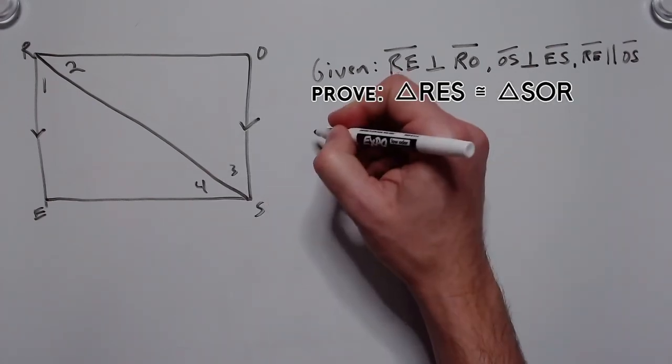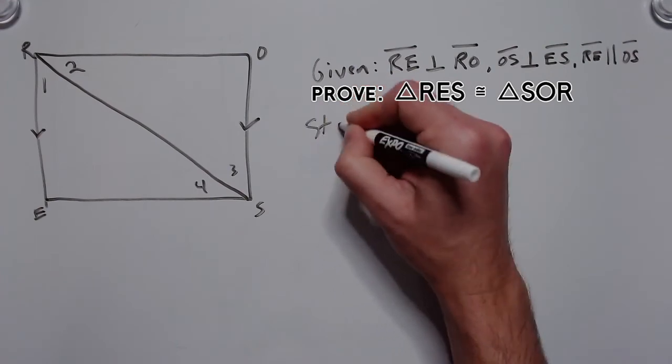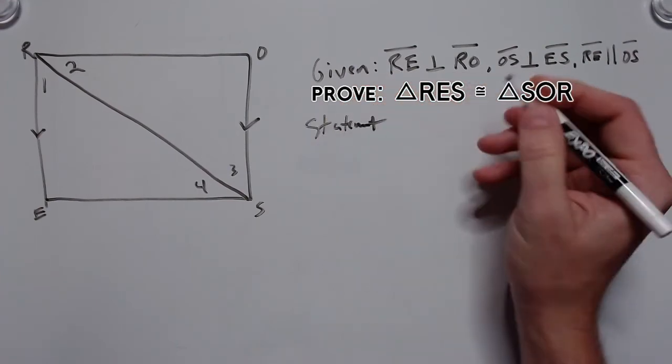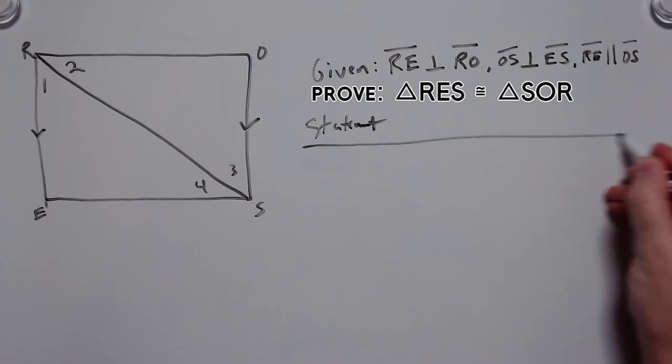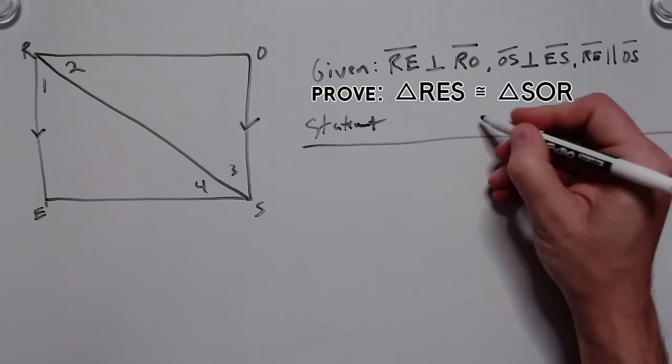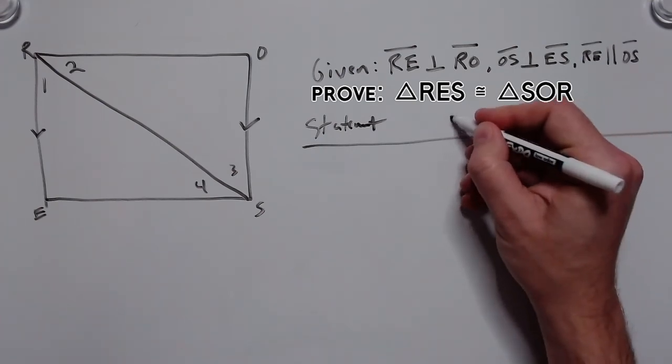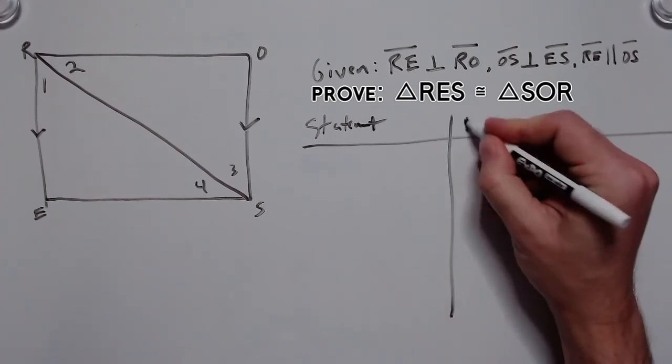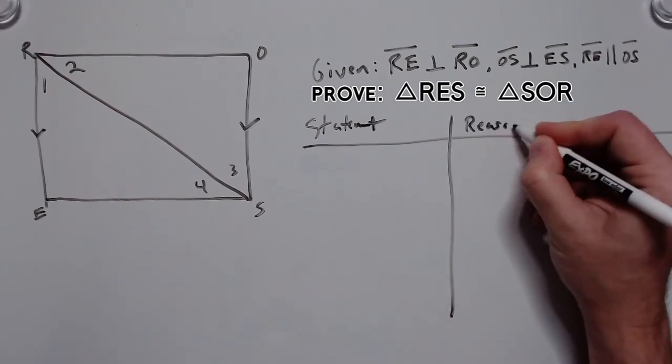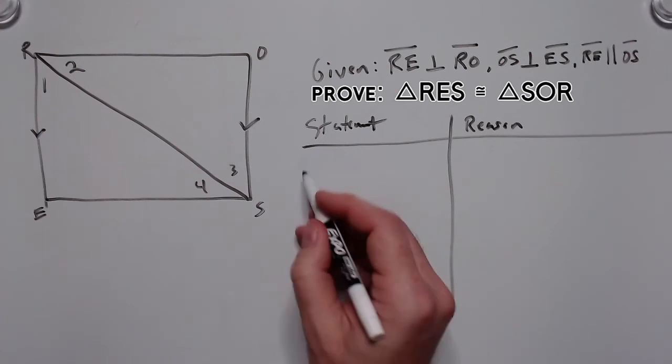So let's write out the proof. We're going to have the statement. That's a statement, I promise. I'm going to draw this all the way off the screen. And then we're going to make a little column here. And this is the reason, the important thing. Why are we allowed to say that? So let's just start with